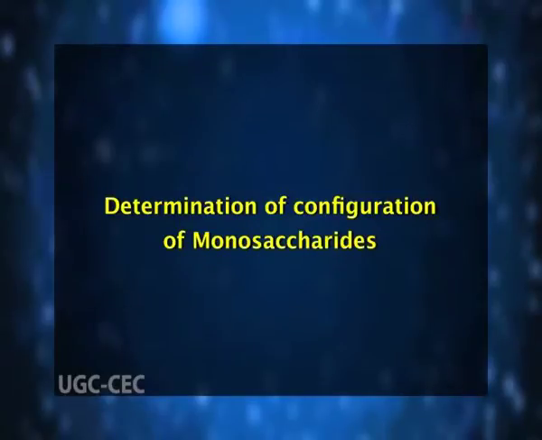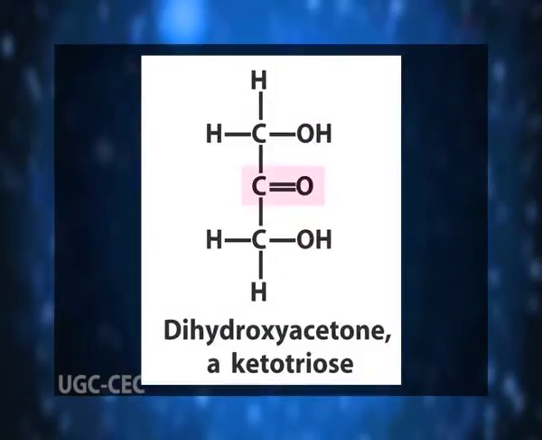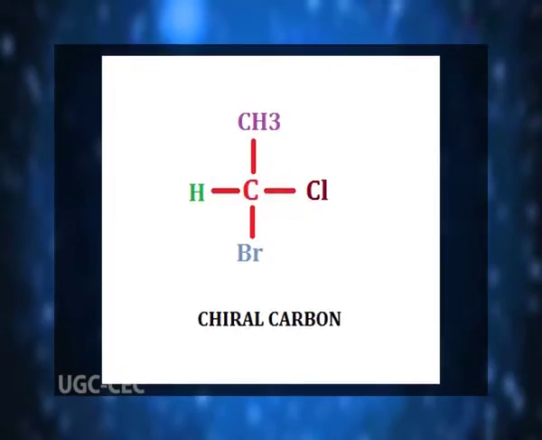Our second objective is determination of configuration of monosaccharides. All the monosaccharides except dihydroxyacetone contain one or more asymmetric chiral carbon atoms. Chiral carbon means a carbon which is attached to 4 different groups and thus occurs in optically active isomeric forms. The simplest aldose, glyceraldehyde, contains one chiral center, the middle carbon atom, and therefore has 2 different optical isomers or